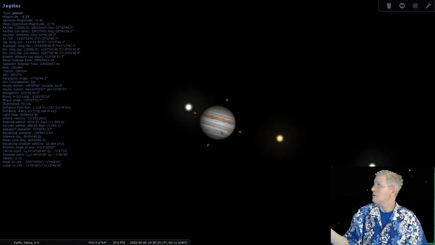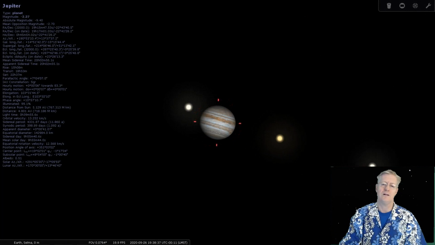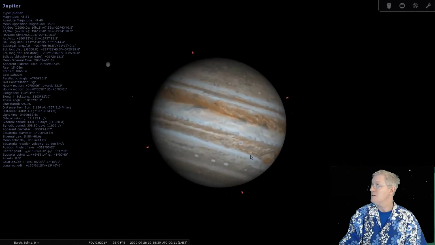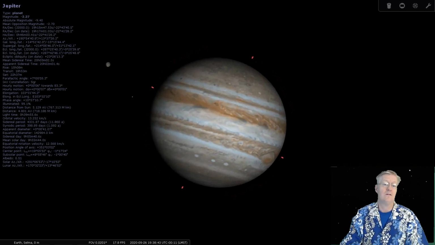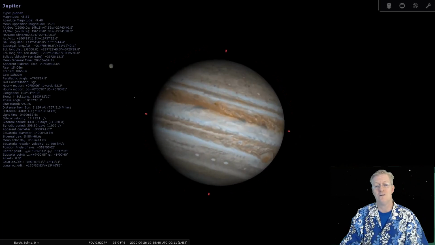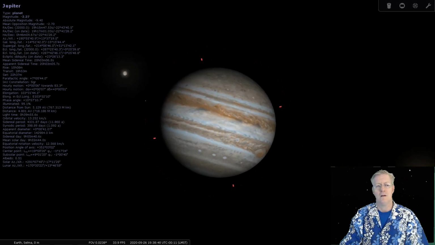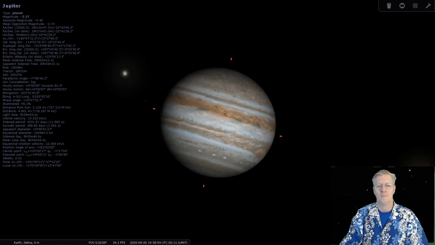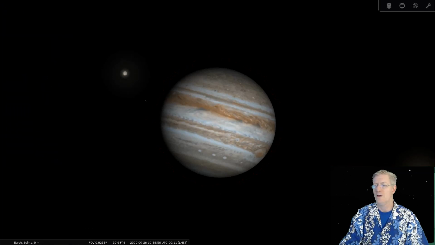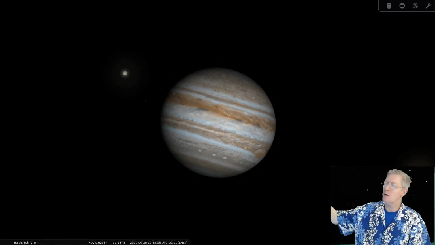There's Jupiter there. Took a few seconds to download the texture. Jupiter is stunning, by the way, and there are the moons that we call the Galilean moons, and that is absolutely wonderful. There we go. If you click on the side, it turns off that information.